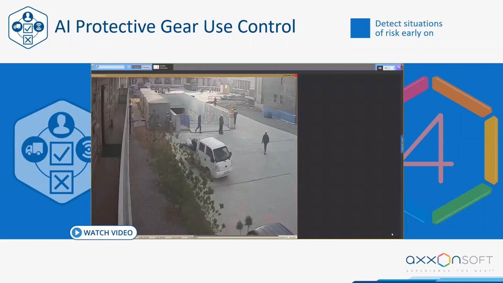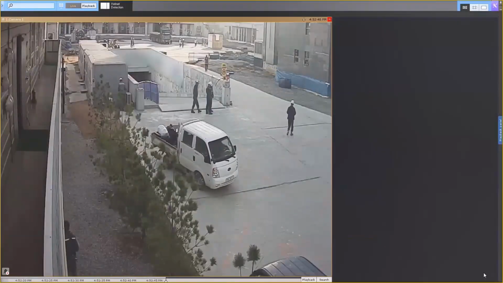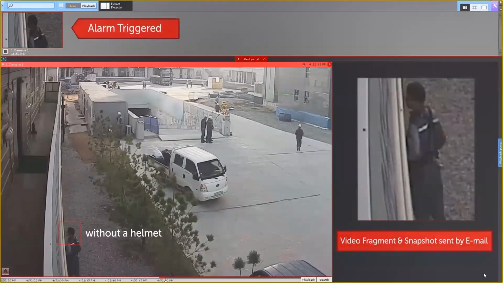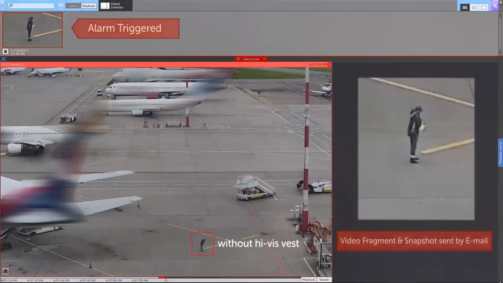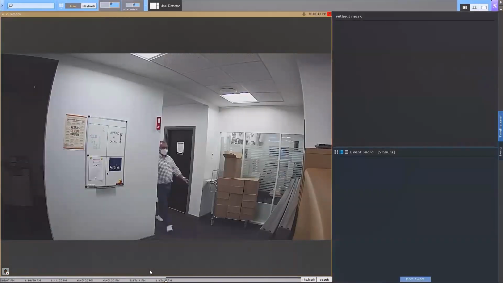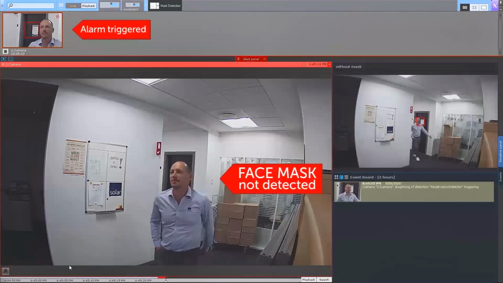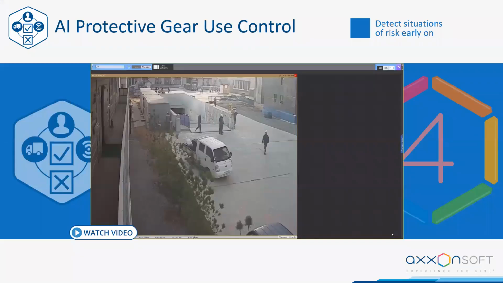Okay, so here we have two examples of controlling protective equipment use, such as identifying when someone isn't wearing a hard hat or a high visibility vest. On a technical level, these solutions are notable because each one uses three different types of neural network at once. The first detects an individual, while the second identifies parts of their body: the head in the first case and the upper body in the second. The third neural network determines whether a helmet or high visibility vest is missing in each respective scenario.